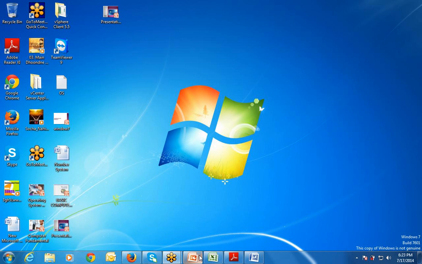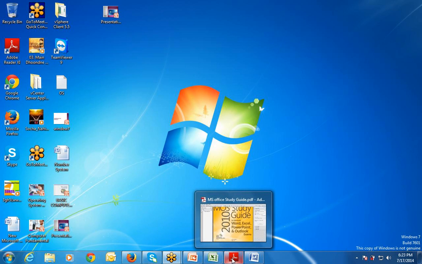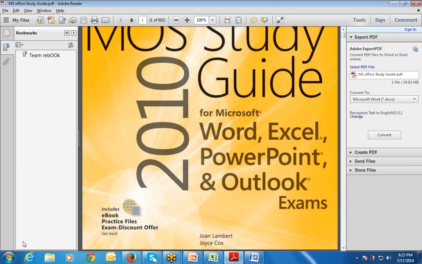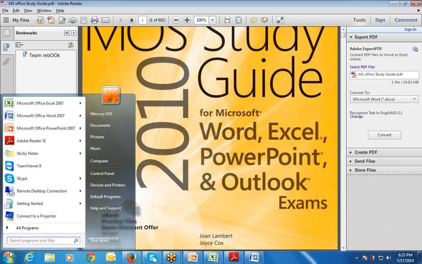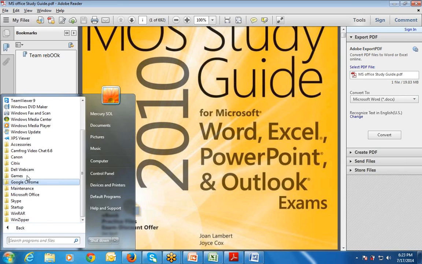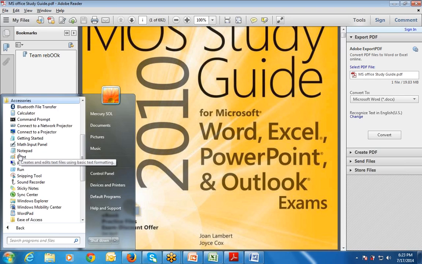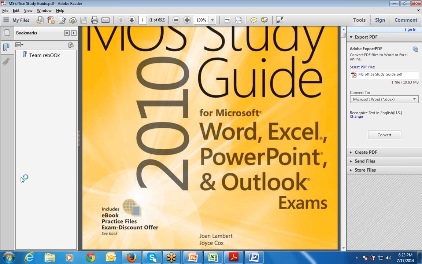Just open any software. Let's say, for example, this one. If you want to access the snipping tool, go to All Programs, go to Accessories. Go to Accessories, there is a snipping tool, right?